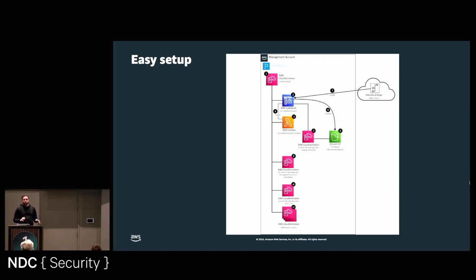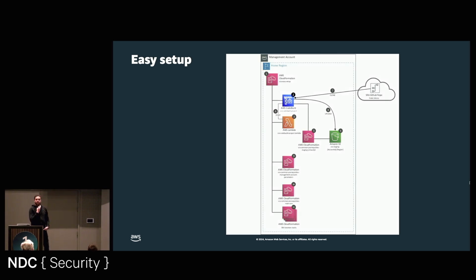So before going to a demo, I just would like to show you this architecture flow. This is actually, if you're using the easy setup for the AWS SRA, this is exactly how it's going to look like. You're going to start off at the top of the diagram with just an AWS CloudFormation template called SRA-EG, the setup that you can get from the SRA code repository. Once you deploy it via the CloudFormation console, it's just going to go ahead and